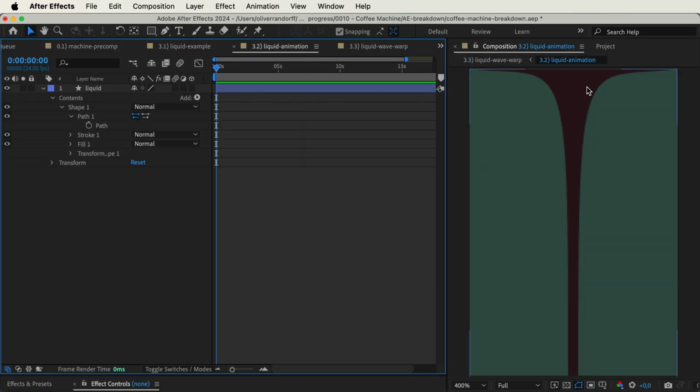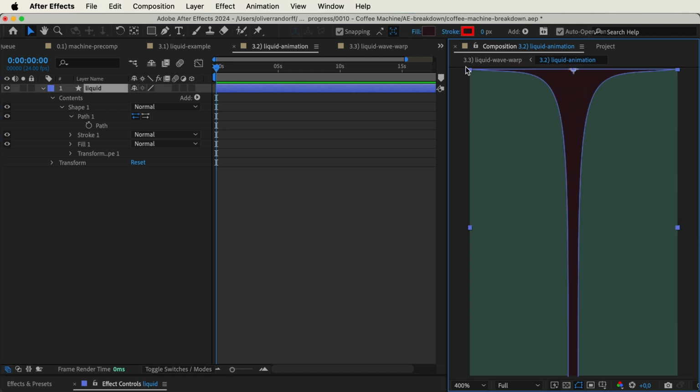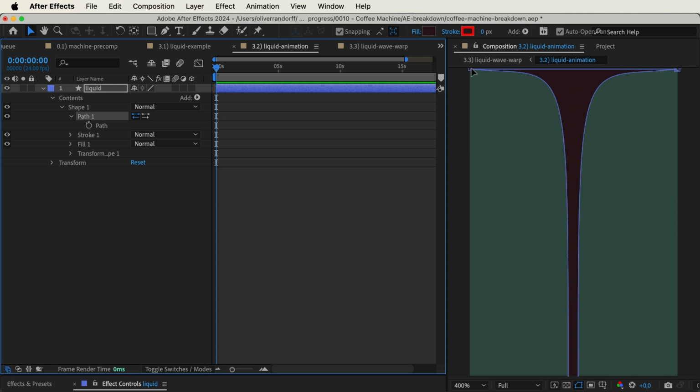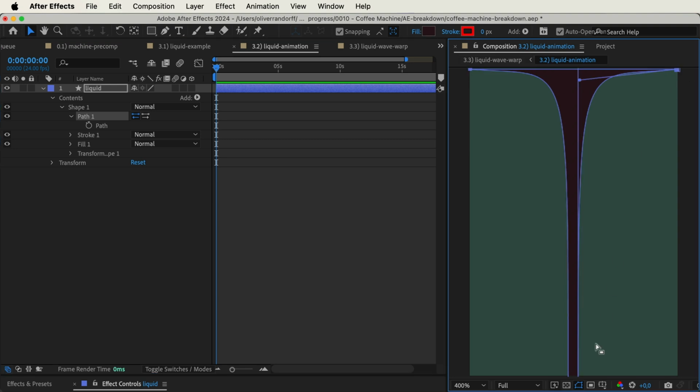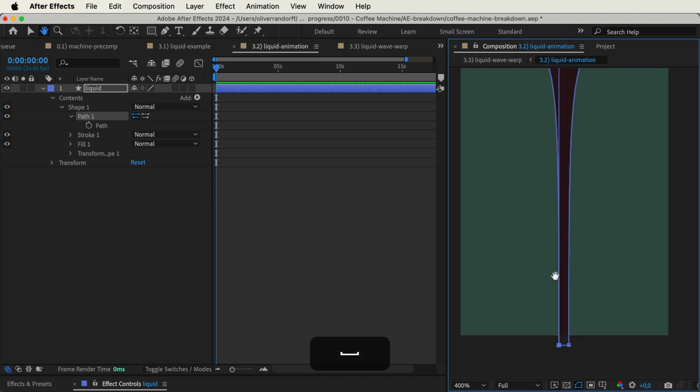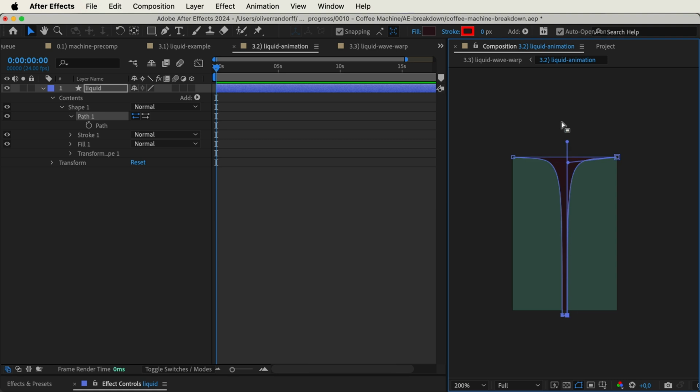So let's start out with this shape. This is just the very basic shape of the coffee falling down. It's sticking a bit to the top, and this will be our starting point. So we'll select this path, and you can basically see that it just consists of these 4 different points, and we just have the anchor points dragged all the way out to really exaggerate this curve.